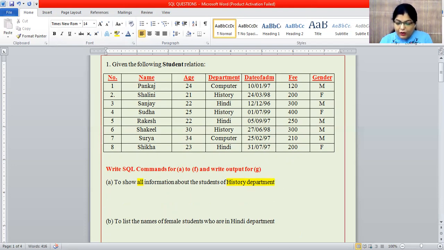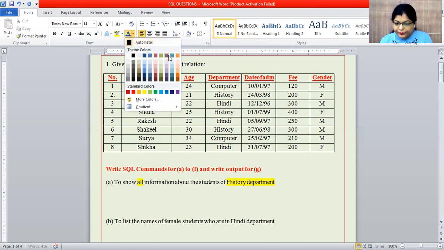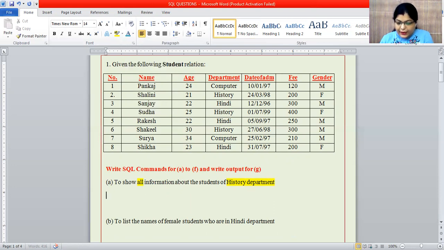Wherever the word all comes, we always use a star. Select star.